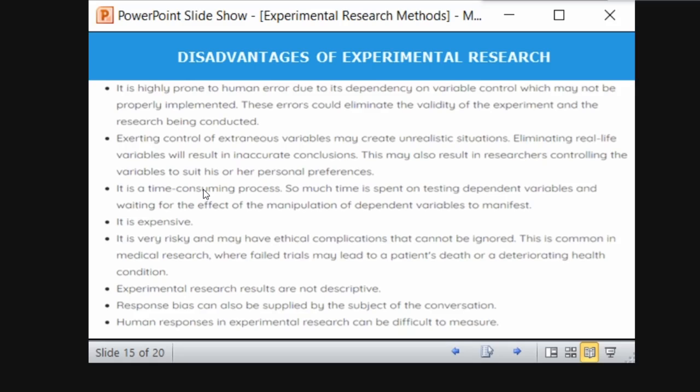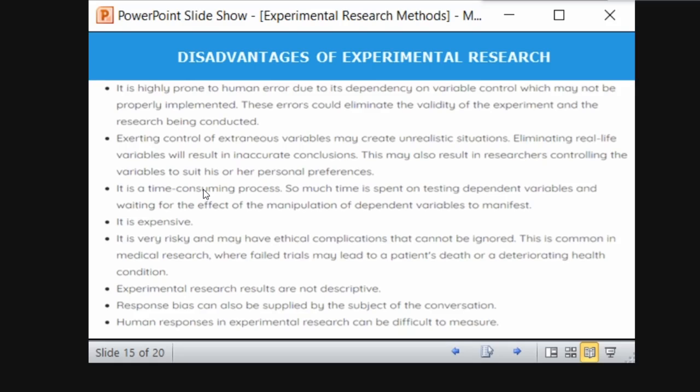Extraneous variable. For example, in the same plant example, in order to eliminate an extraneous variable, that is the rain or something, you keep the plant in a place where only a certain part of the sunlight comes. If rain comes, it will not affect it. That means you are eliminating it. You are not giving full sunlight to the plant, right? You are eliminating the extraneous variable to suit your needs. So that is a biased kind of research.